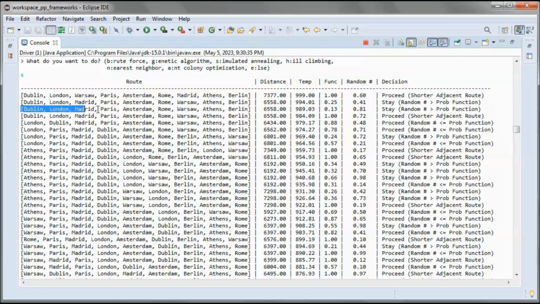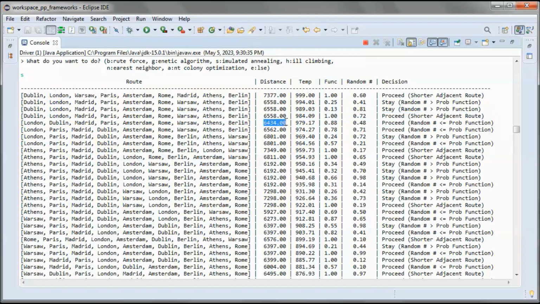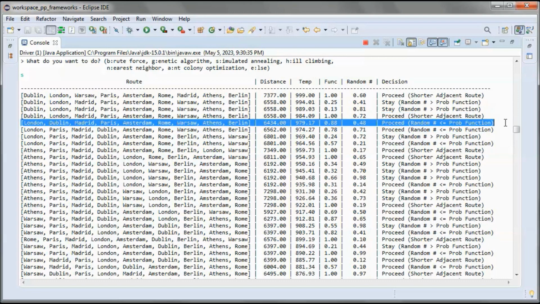So here we have the same route, and same thing, we checked the adjacent route and it has a bigger distance, so we check the random number and it is bigger than the probability function, so we still stay. And now we are here, and this one has a shorter adjacent route, so we proceed, and now we are here, and same thing.